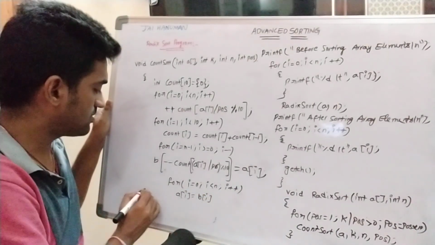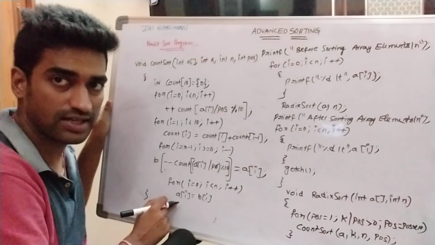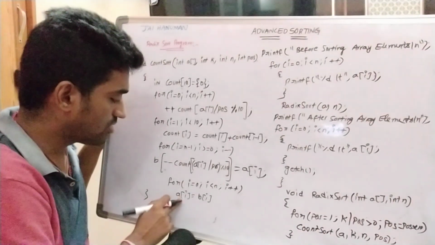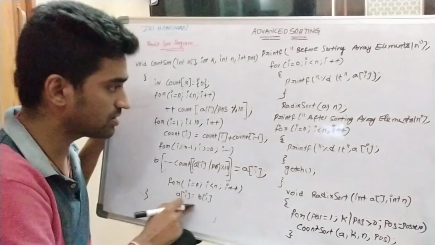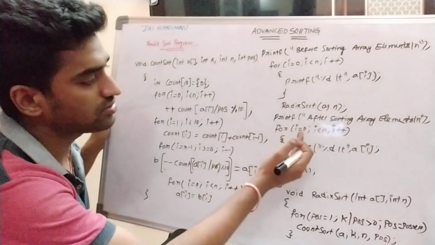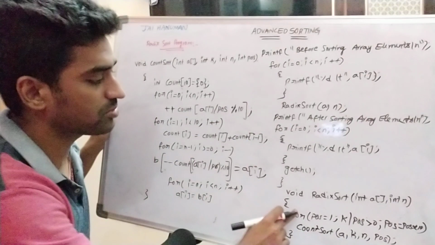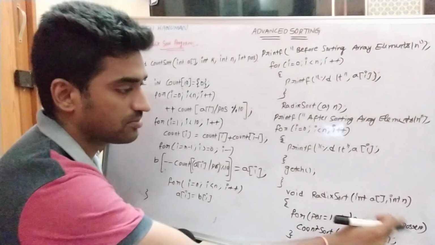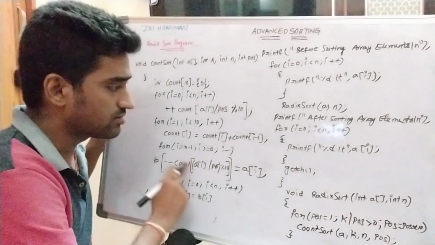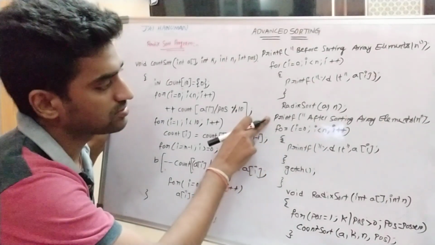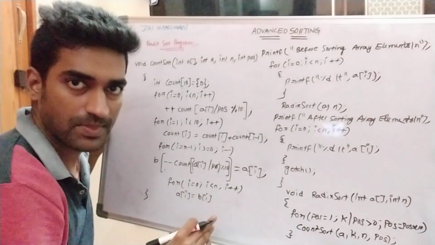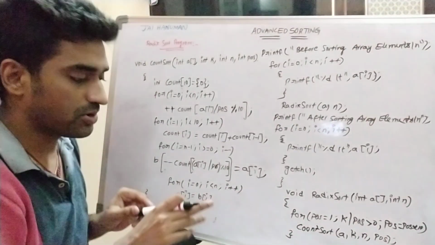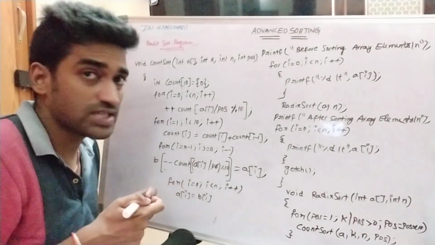After completion of the entire process, the output array is stored in A of i, and the result will be returned to the main function. Once the entire process has been completed for all positions, the control will be passed to this statement. After sorting array elements, we are printing these elements, right? So this is the program for radix sort using functions